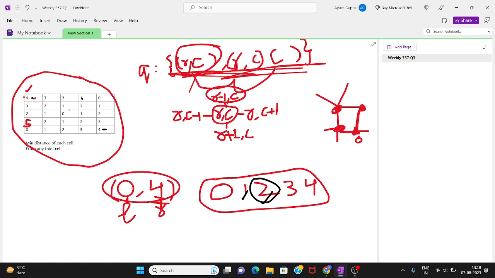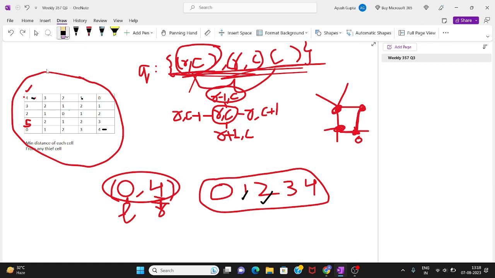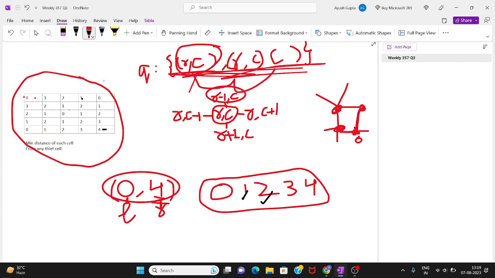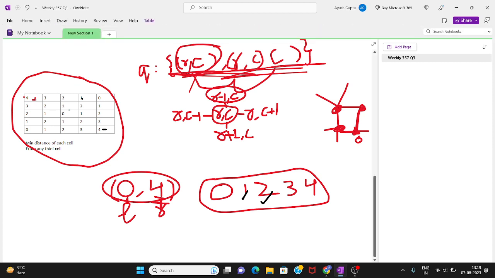So we will try to make a choice here. Now I am going to explain the algorithm, so just stay focused. Let's start. We have this position. Now we have to make sure that the value must not be lesser than 2.